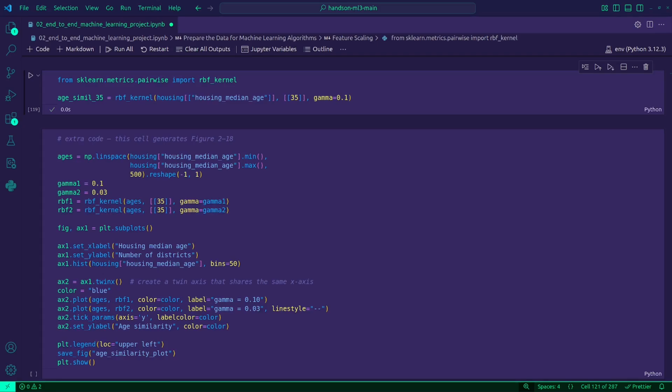And why do we do this? So let's say we suspect we have houses that are built around the age of 35 years. 35-year-old neighborhoods have some unique patterns or influence on housing prices, but influence is not binary. A 34-year-old house is pretty similar, but a 70-year-old one, not really. So instead of checking if housing median age is 35, we measure how similar housing median age is to 35, which gives us a fuzzy feature useful in many machine learning models, especially linear models or neural nets.